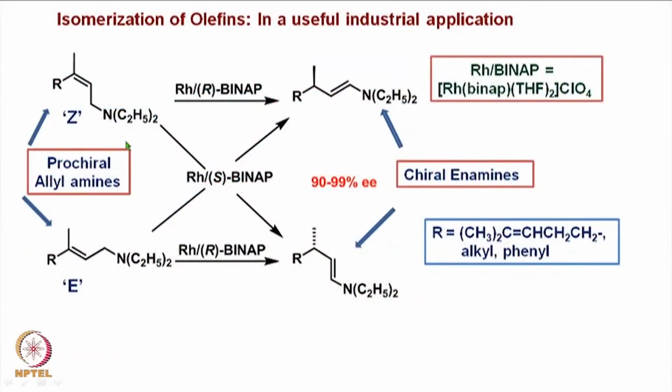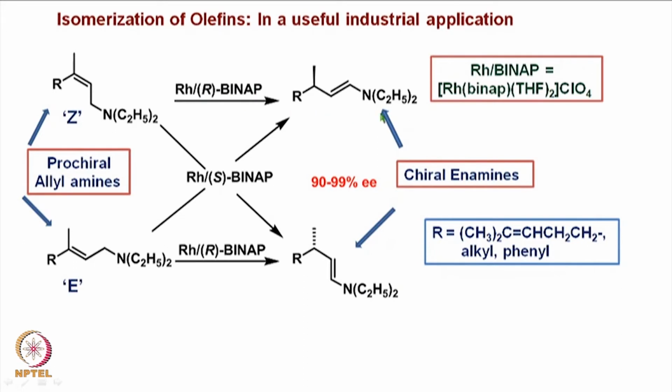Now rhodium based catalysts using different BINAPs have been utilized in the isomerization of certain olefins, and they have been used in the industrial application for the synthesis of a variety of important optically pure molecules. For example, if we start with a prochiral allylamine of this type, where the double bond geometry is Z, and react it with this rhodium catalyst where the BINAP has R configuration, then the